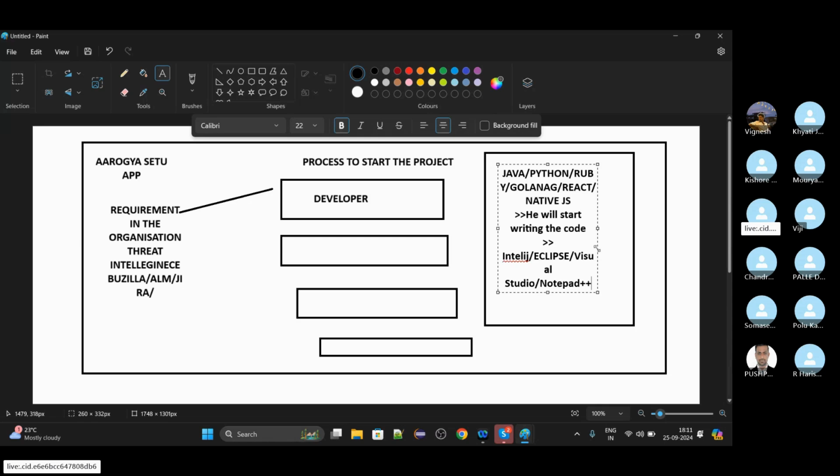In the initial phase, you get a requirement, you get told, okay boss, you have to perform this task. In an organization also, when you get into the organization, your task will be like that. You will get a task at your table, which can be available in the form of Jira, Bugzilla, or any kind of tool they are using, and that ticket will be assigned to your name.